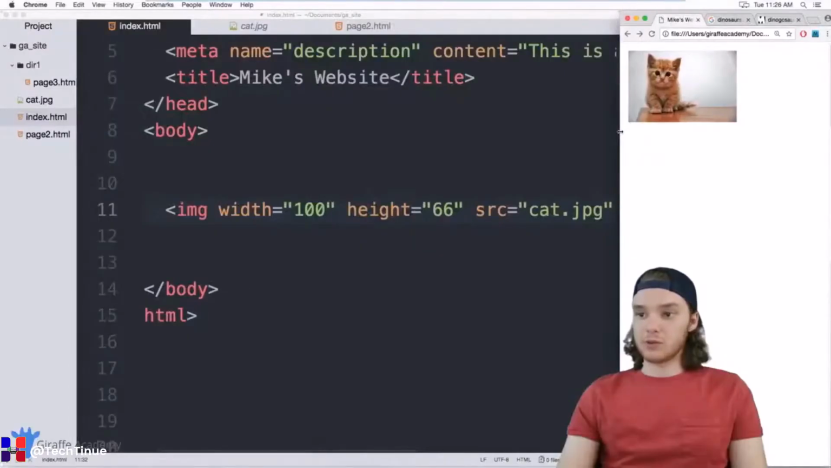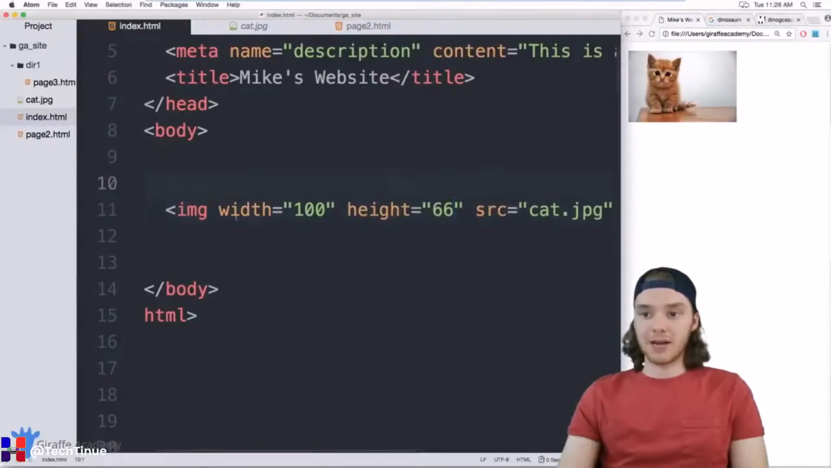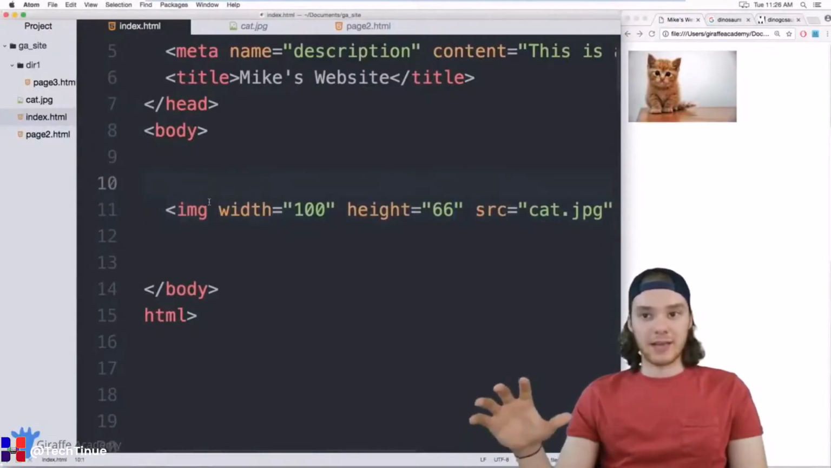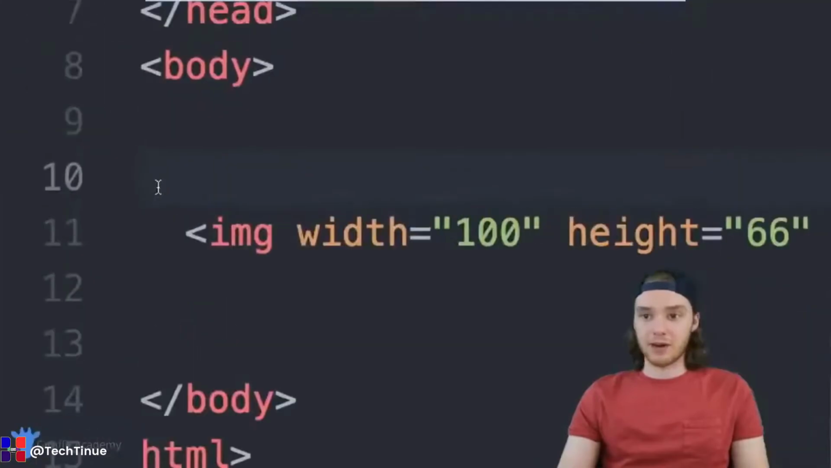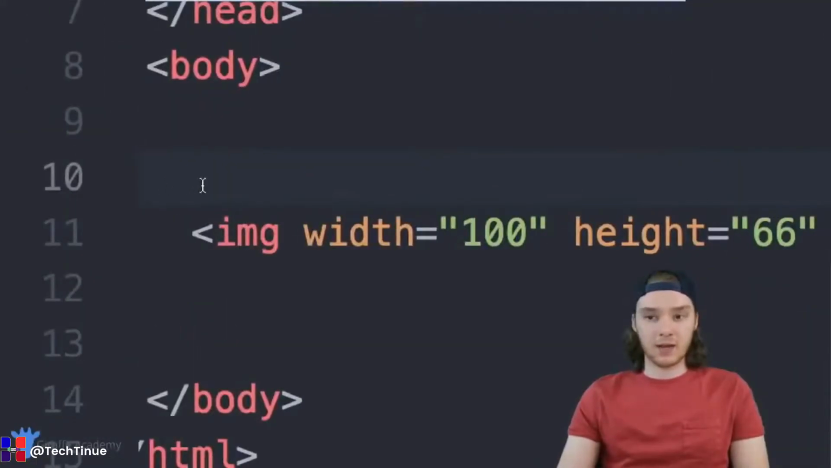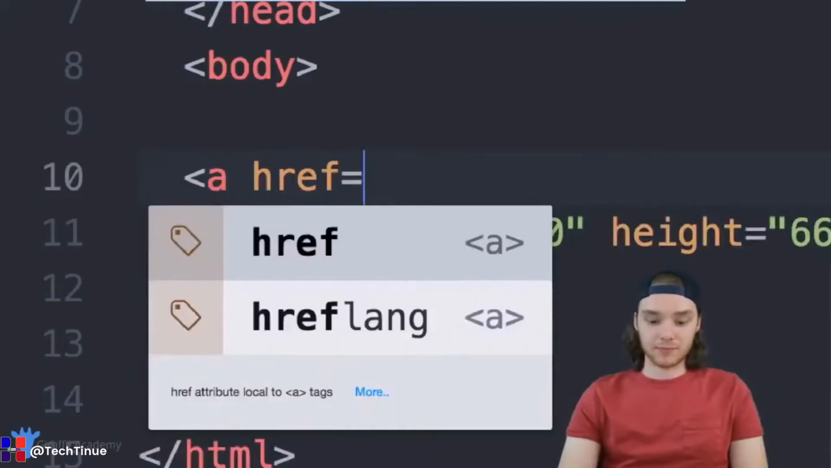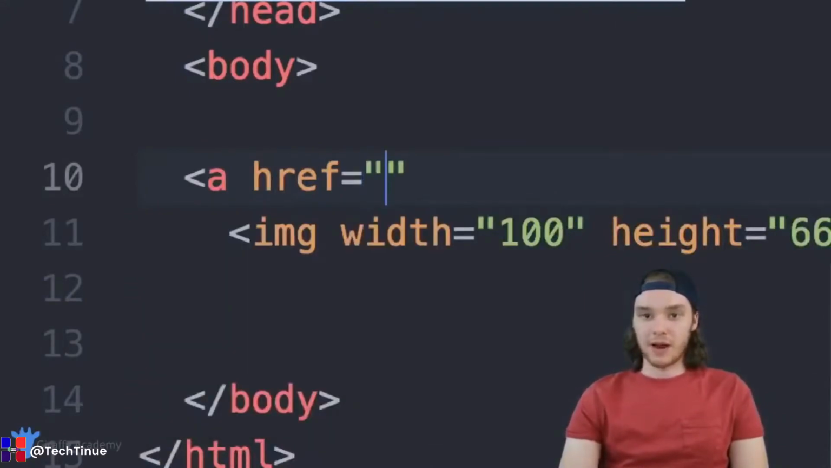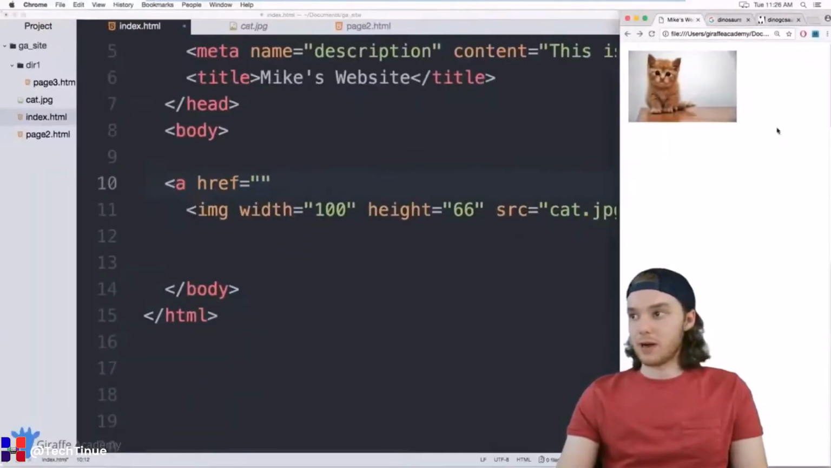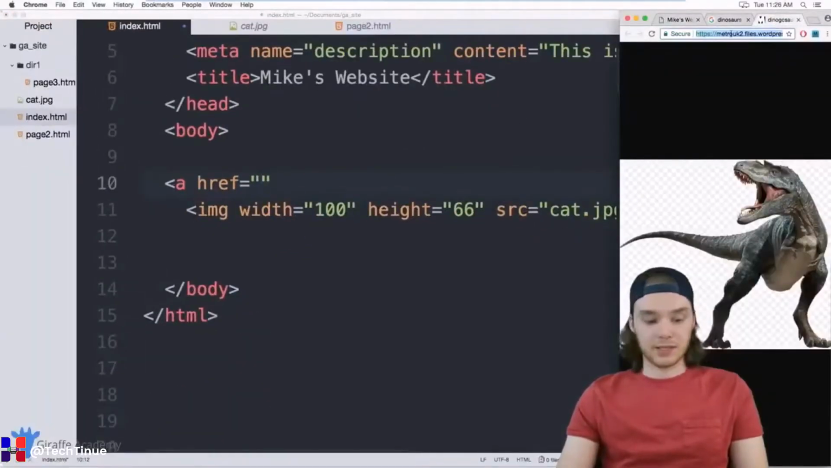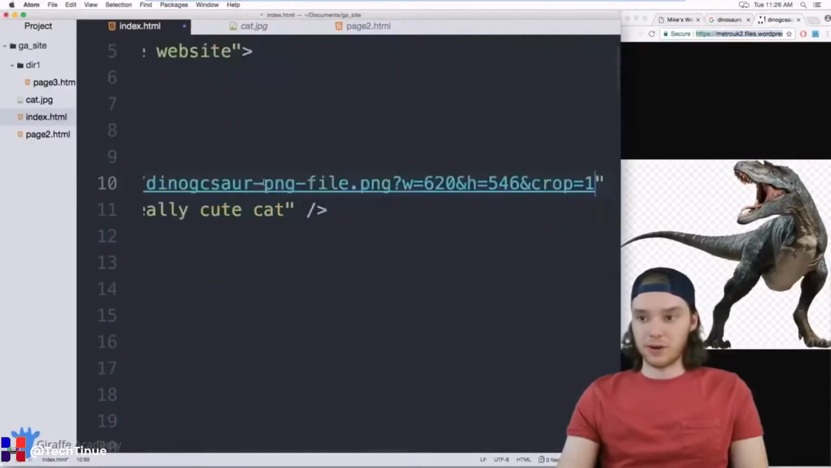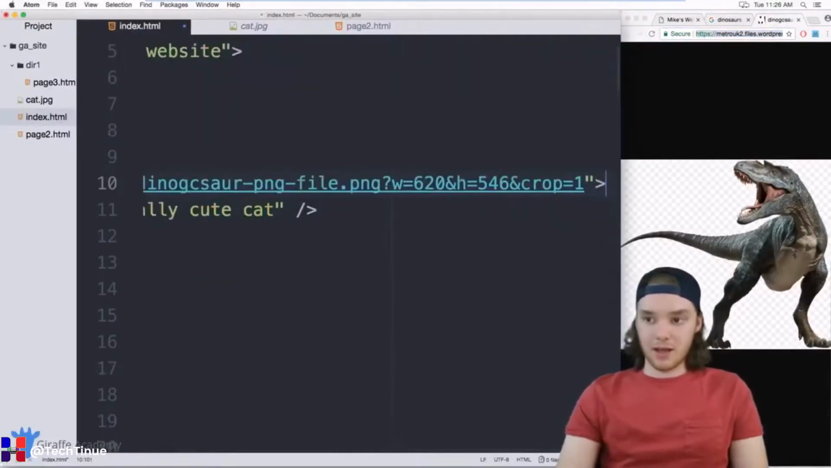And you can also use other things with images. So I could combine this image with a link, for example. I could come over here and create a link tag, and we can just say a, and we'll give this an href. And inside here, I could put whatever link that I wanted to. So for example, I could link this to this dinosaur picture, right? I could put the URL for the dinosaur in there, and